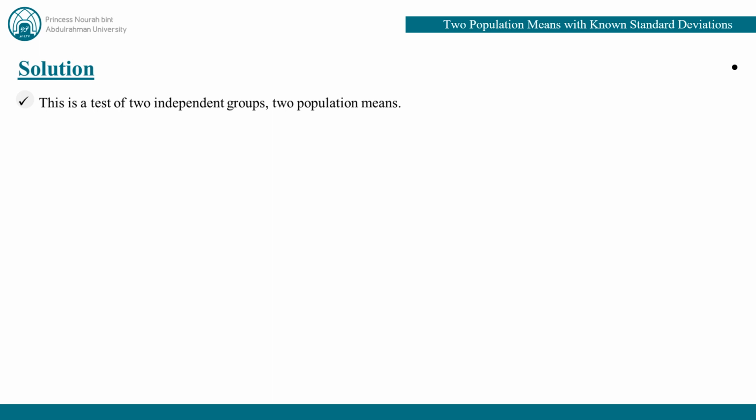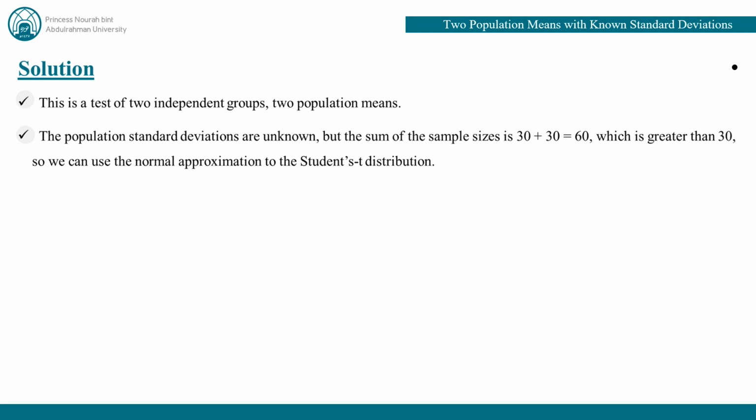Solution. This is a test of two independent groups, two population means. The population standard deviations are unknown, but the sum of the sample sizes, 30 plus 30, is equal to 60, which is greater than 30, so we can use the normal approximation to the Student t-distribution. Subscript 1, Democratic senators,